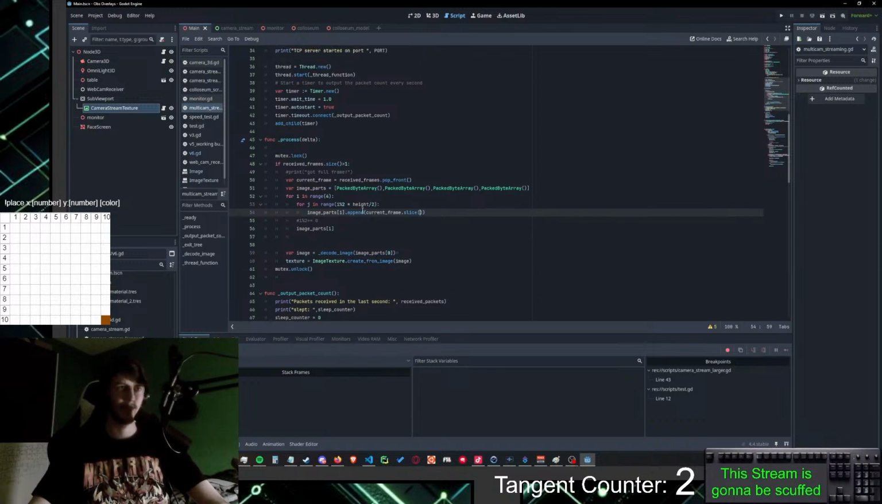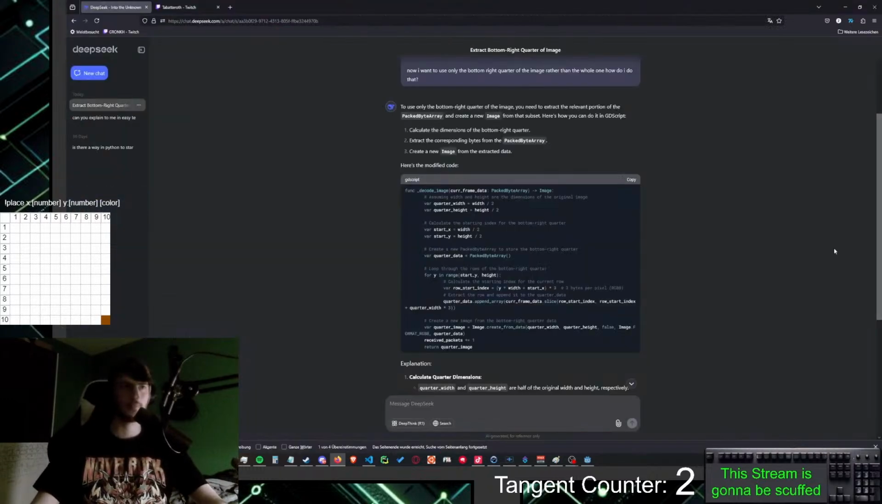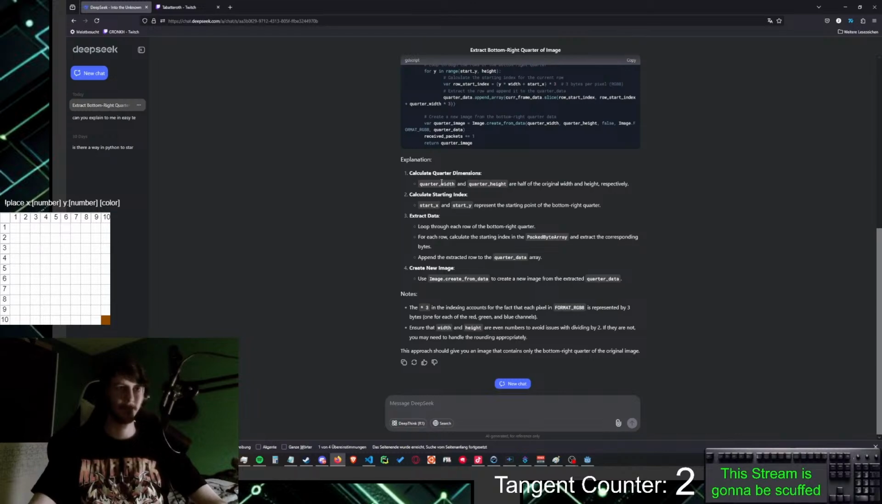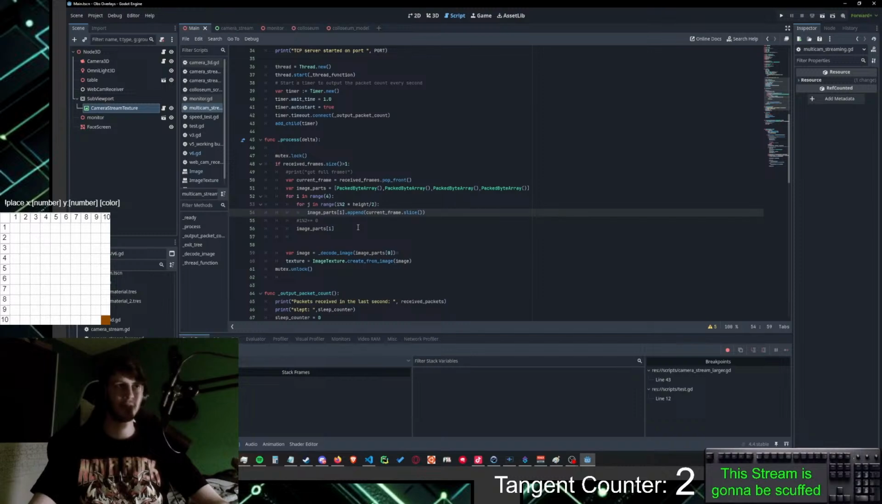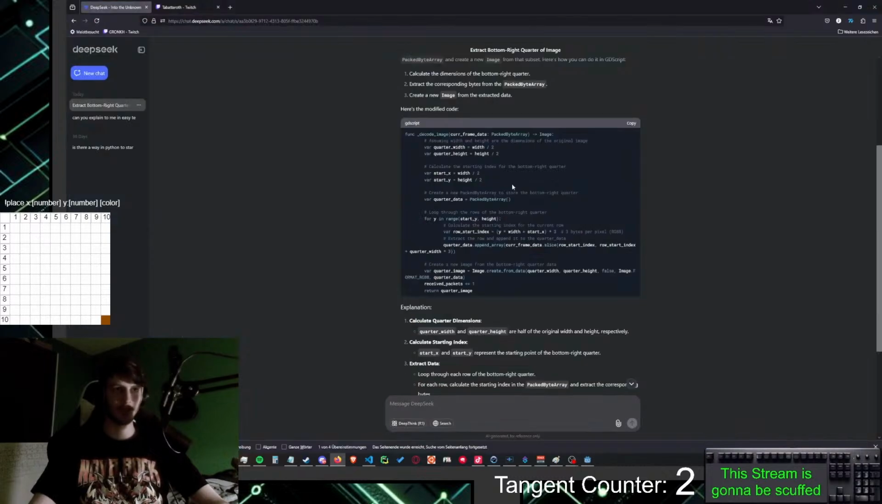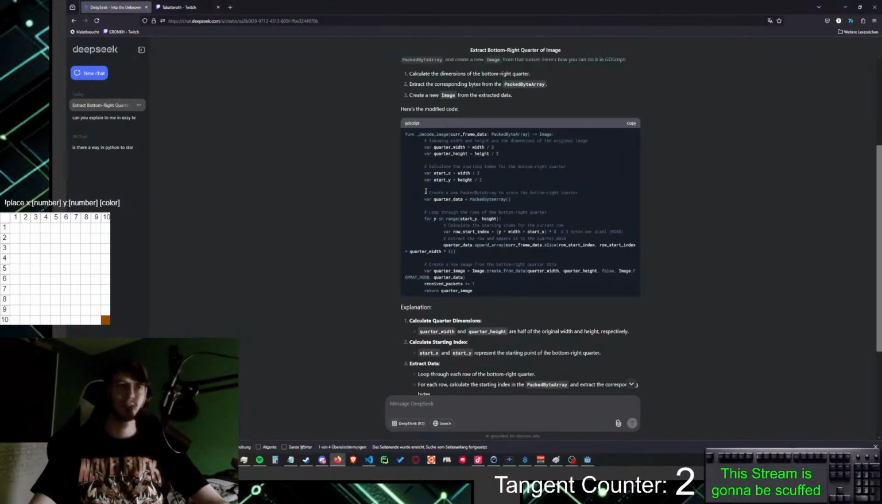Now, image parts. We slice it by going... wait, what was it exactly? Row start index plus quarter width times 3. Right. So the start index is y, which is... wait, I should